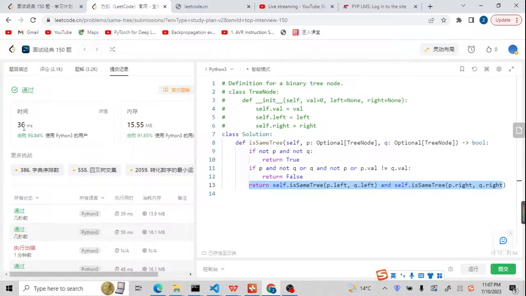Much faster than before, but it doesn't matter, because the time complexity is still O(n). N is the number of nodes, the minimum number of nodes inside P or inside